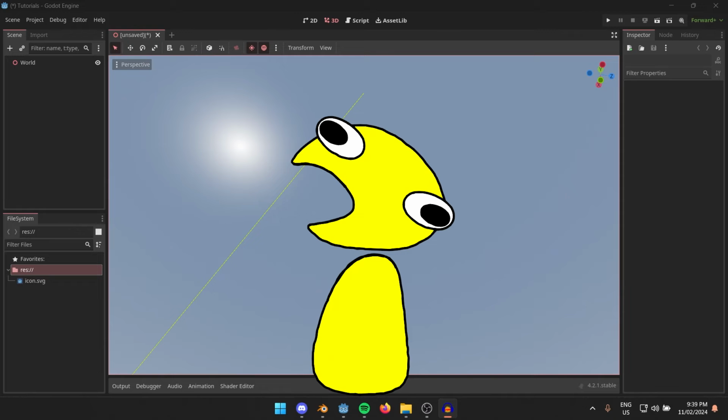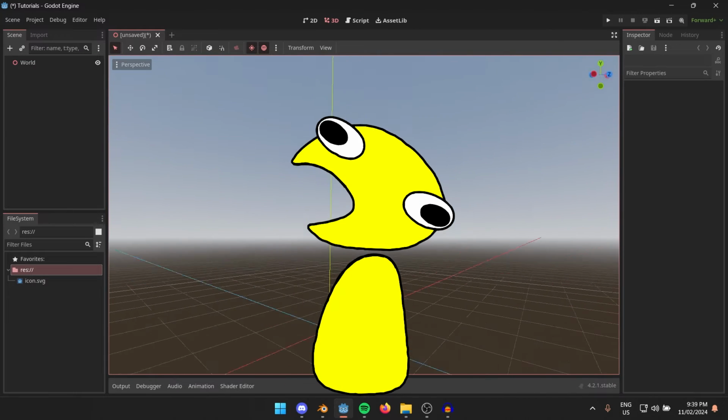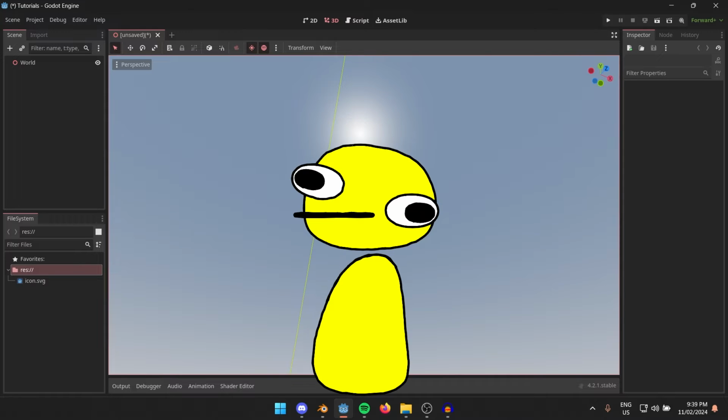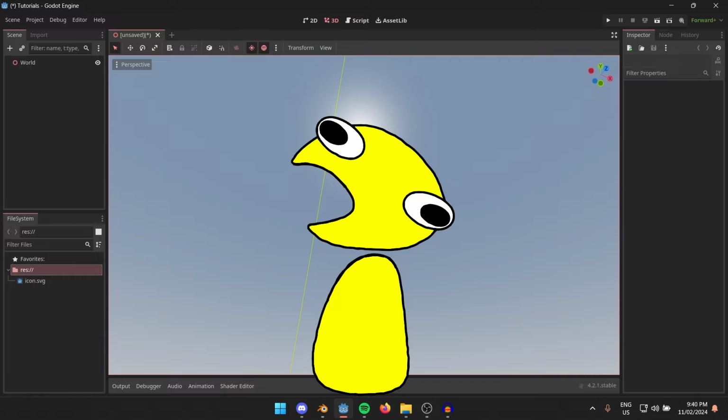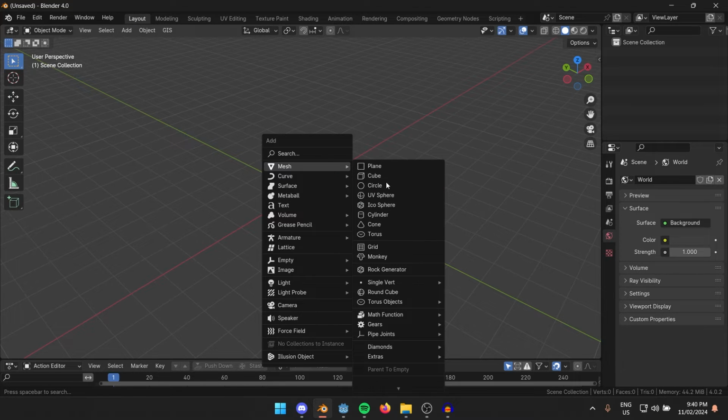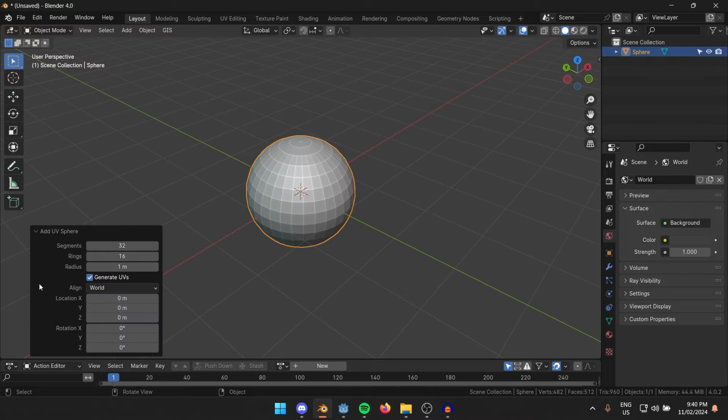Are you working on some game in Godot and then you look at the sky and you realize this is not what you want? Well, in Blender, luckily there is a simple and easy way to make any sky, from semi-cartoony to somewhat realistic. So in Blender, do Shift A, add in a UV sphere, and with the properties panel,